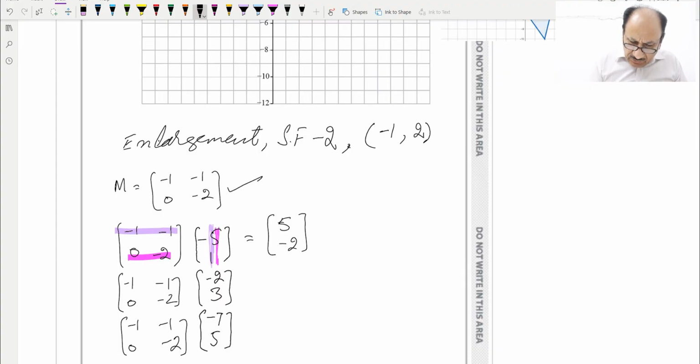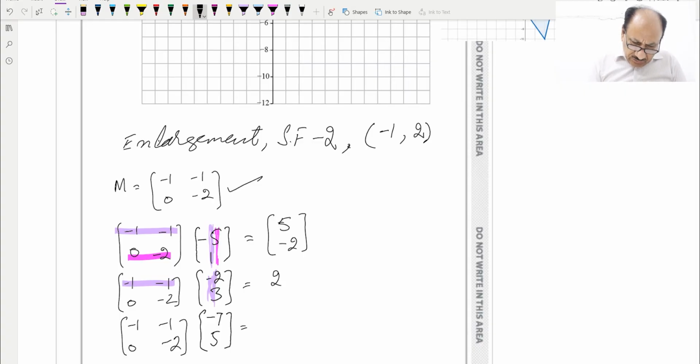So we'll get these coordinates, and then similarly we will be taking the first row and this column, and multiplying, and this will be minus 1 into minus 2 will be 2, and minus 1 and 3 will be,